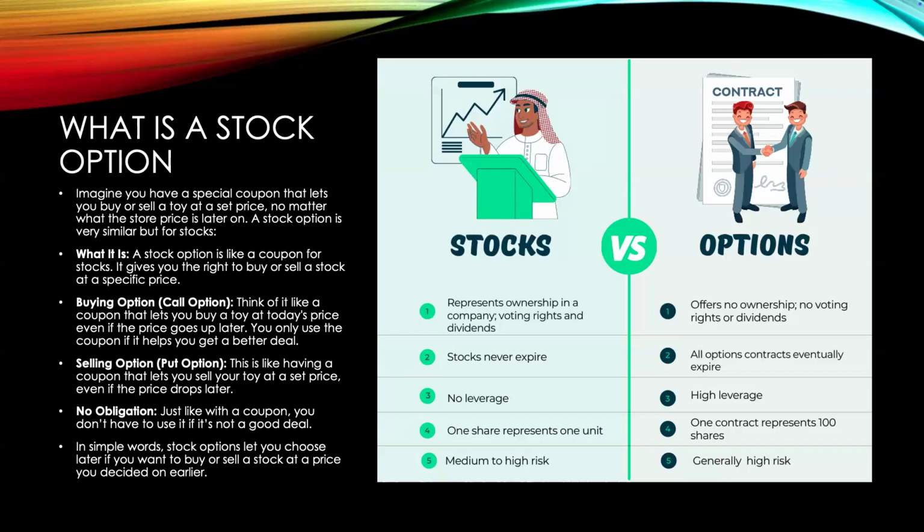Then the sell option is the completely opposite, right? So just like that, a coupon, you don't have to use it to buy a good deal. So pretty much if I see the price of a stock going up, I'm making a prediction. So you're like saying, okay, I see Apple going to $250 in the next 6 months.